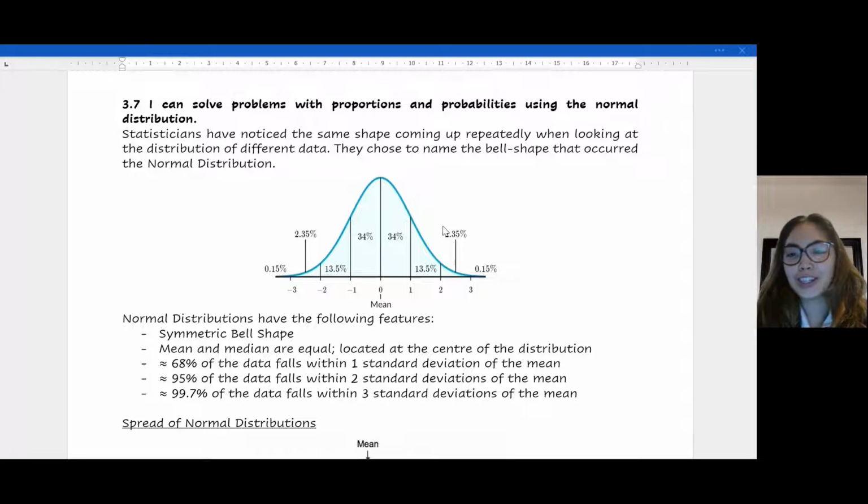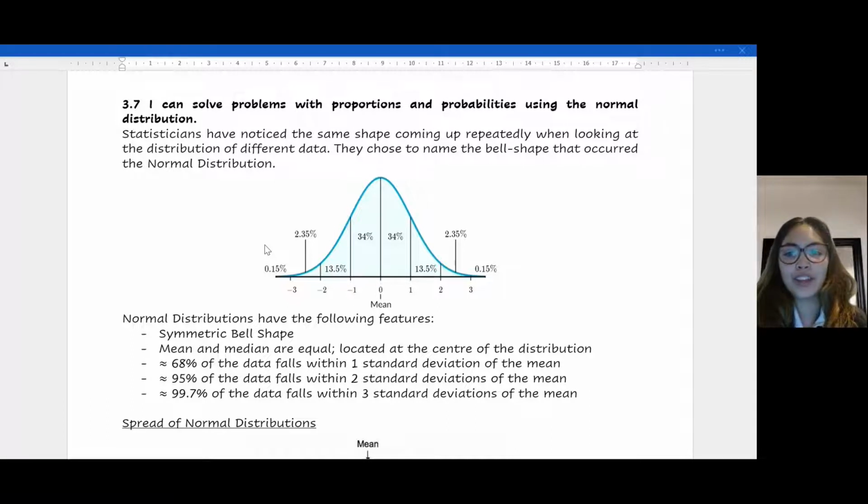But statisticians a long time ago noticed a particular shape that kept on coming up over and over again as they began to look at different data and start comparing them with each other. And they noticed that this very particular bell shape occurred time and time again. And they decided to call this bell curve the normal distribution. And it has some very key features that we can use to help us solve a few questions around different